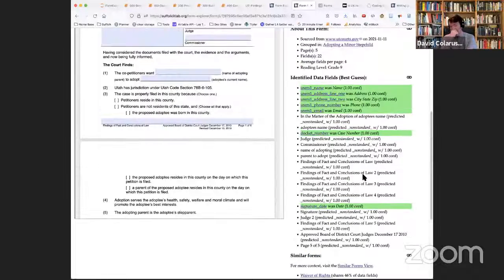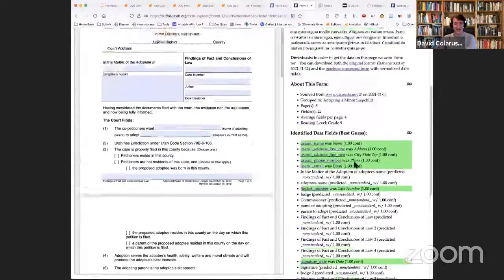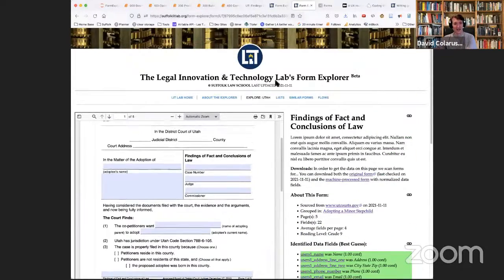Right now, it's only handling like 5 or 6 of our standardized fields, like name and address stuff. And it's only trained on like 10 forms and then supplemented with a set of maybe a dozen regexes that look for things that are common. But this is the idea, that eventually we'll be able to leverage these